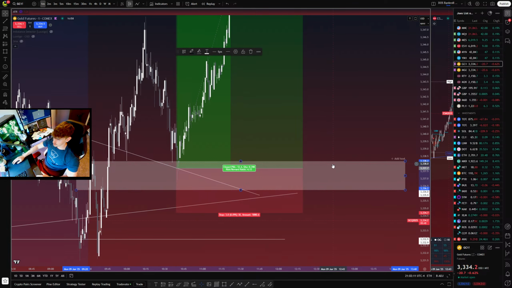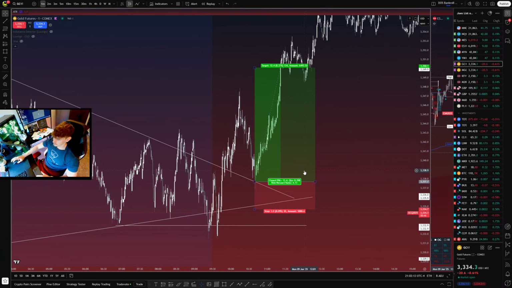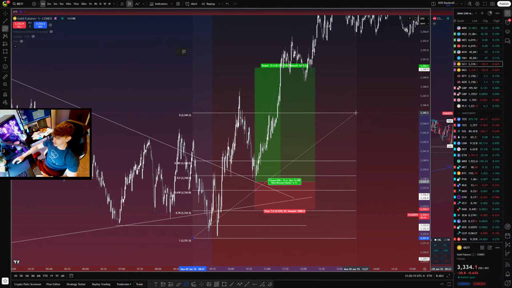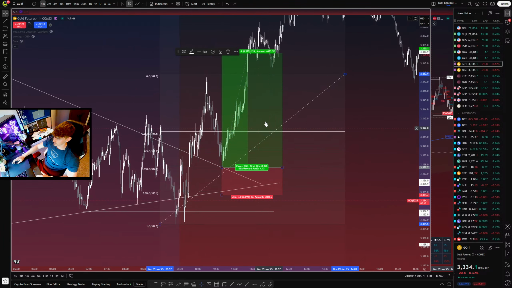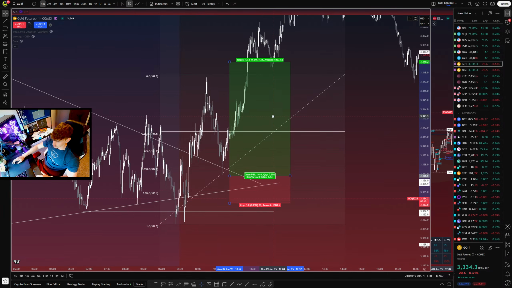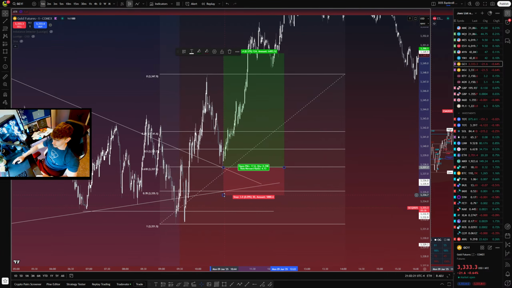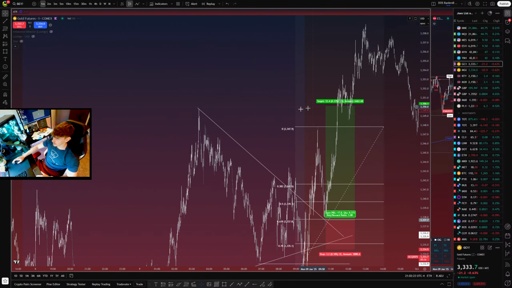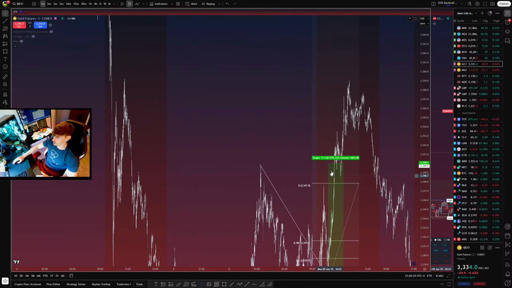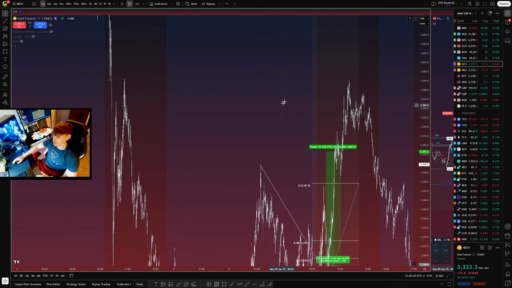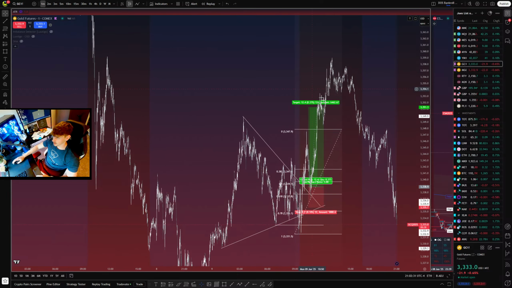Really, you could do a handful of entry models. That's going to get a little more complicated, but you can go and take entry off the fibs. So you could do like a 60% level, which is very popular as well. Stops here, targets here, even honestly targeting external if you really wanted to. And it looks like external, ooh, it almost got swept. Not quite.